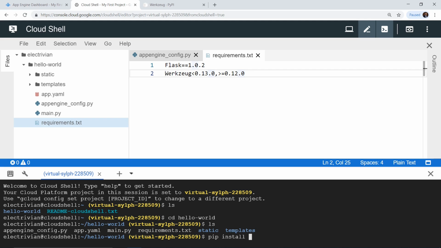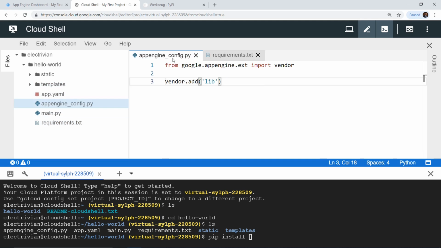Before doing that, we also have to specify a destination where we want to install all of these dependencies. Inside the app_engine_config, we have specified that we are going to be using the lib directory. So let's specify the lib directory over here. We have the -t flag, and then lib. The -t flag copies all of the installed dependencies inside a lib folder. Then we have the -r flag, and then requirements.txt. With this we have specified that we want to install all of the packages from the requirements.txt file.